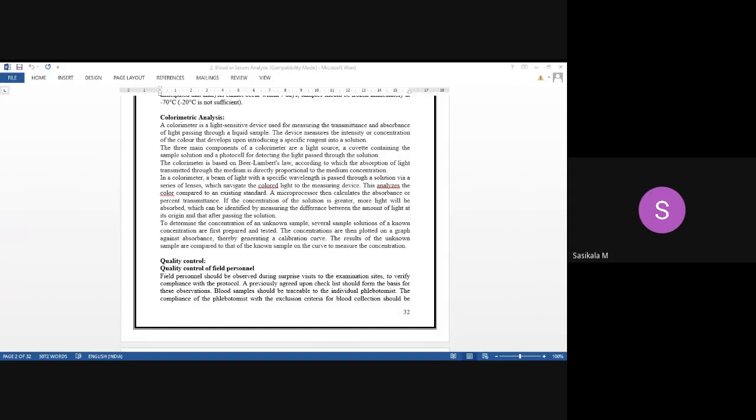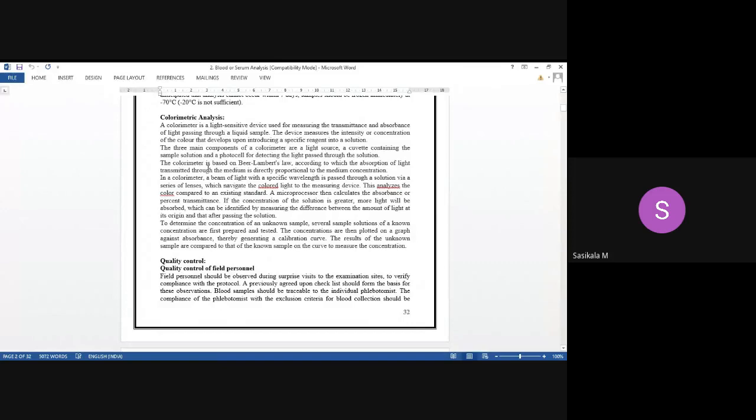Concentration of your sample, that is the concept by Beer-Lambert's law. So we are using colorimetric analysis, so it will be very accurate. Since taking a blood sample, one drop of blood is that much valuable, right? So we cannot waste the sample, so we need to collect the blood sample, and it must be quantified with a highly sophisticated instrument. Okay, so with instrumental analysis only we can analyze the concentration of sample present in the body fluid.